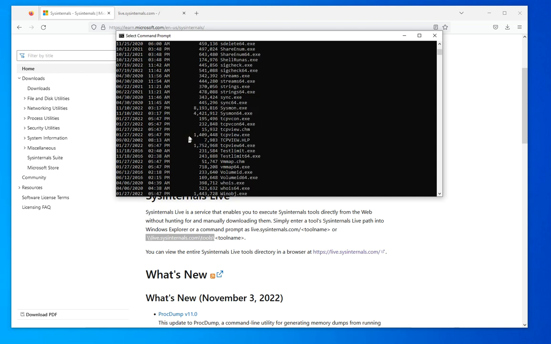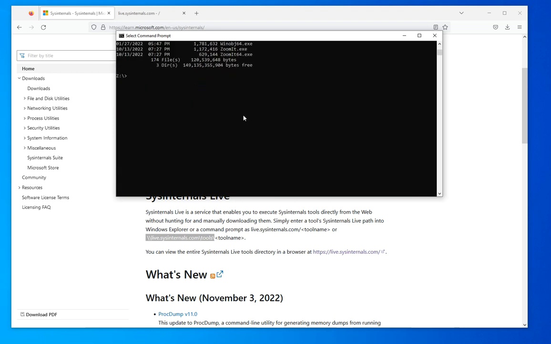So as you could see, I can come right here too, and now that I am in the directory, I can run the tools directly from here, right? So if I do, let's say that we want to do, there's a process, psinfo64. Again, so